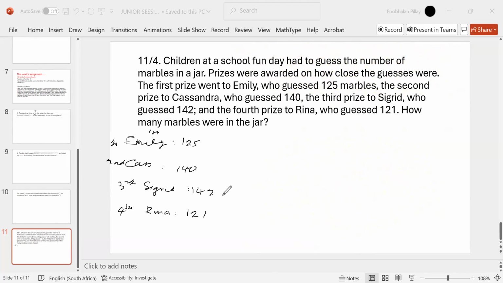Okay. So how many marbles were in the jar? All right. So we have to see now. The second prize went to Cassandra. So Emily was closer to the answer than Cassandra. Okay. So it means that the number of marbles in the jar would have been,